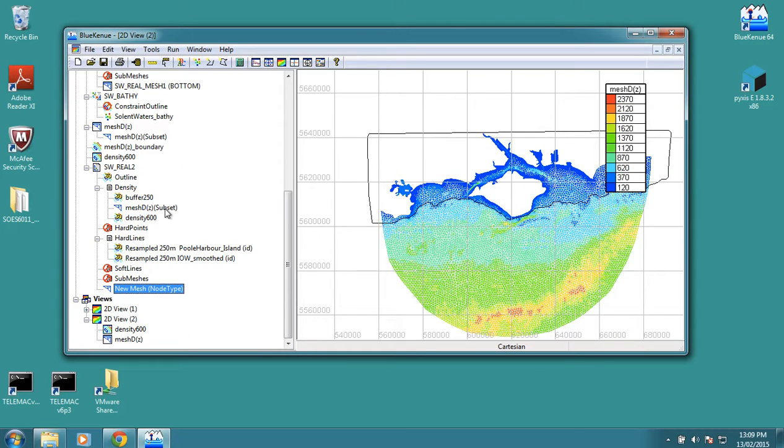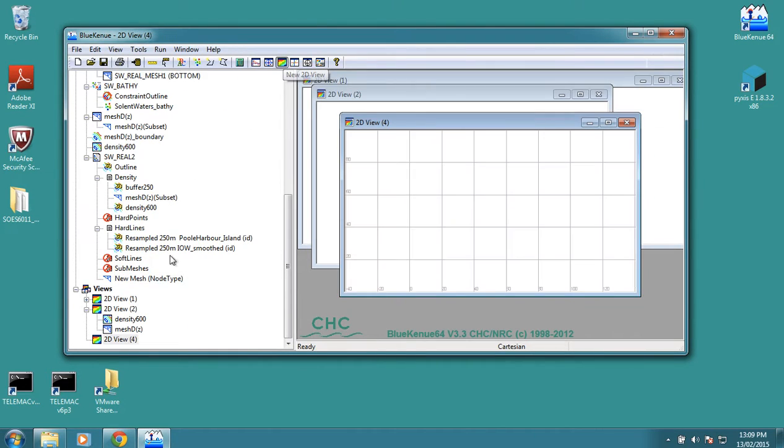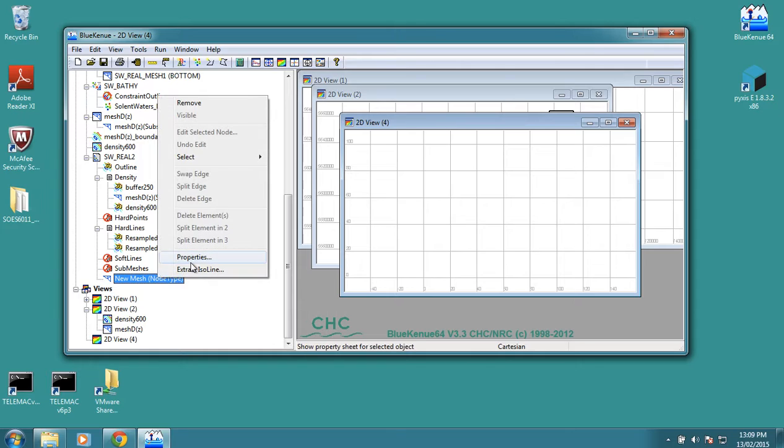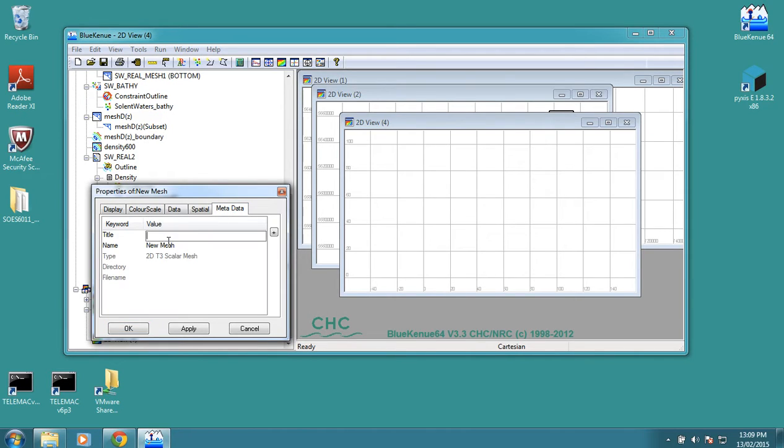Now let's have a look at this new mesh. So let's create a new 2D view. What I'm going to do is let's name this mesh straight away. It's always good to get into the habit of naming things. It just makes it easier to follow. Let's call this Southampton Real